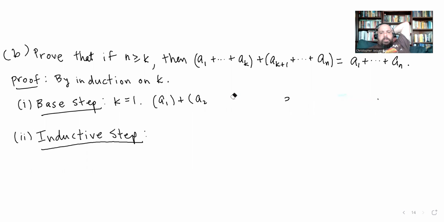Let me redo this. Because they're saying here that n can be any number greater than or equal to k. So